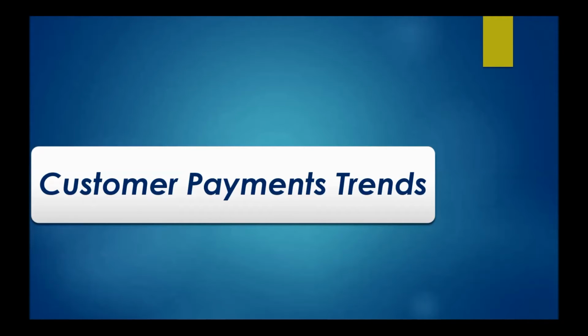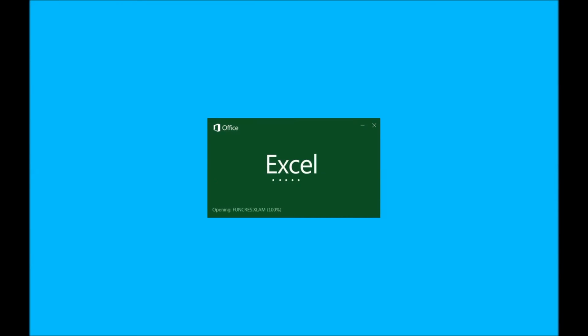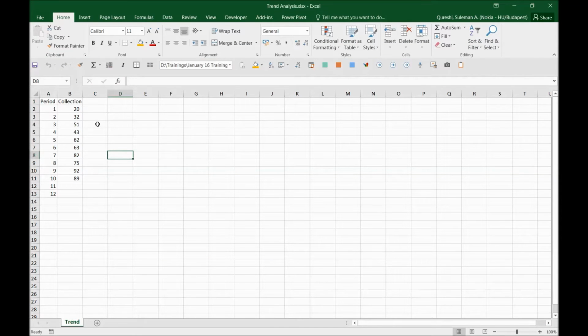What I'm going to show you now is, again, back to my Excel. In the Excel, I have a certain trend of payments coming in, collections. I want to forecast, on the basis of these collections happening in the last few months, the payment trend for the next 2 months. For that reason, we have an Excel function called TREND. So I will write it down,